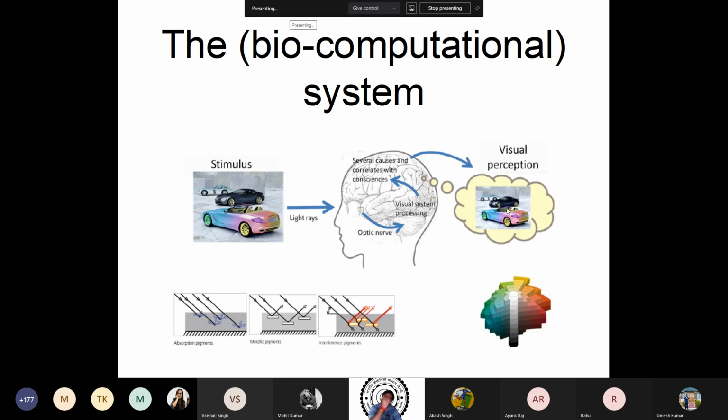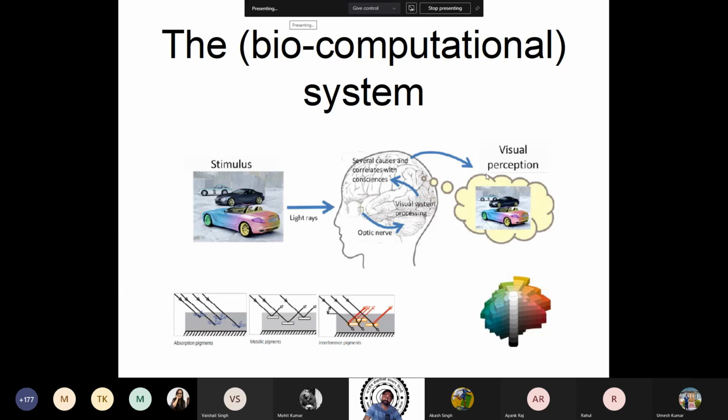So visual perception, it turns out, is a very, very complex process. It's not a simple one, as sometimes people treat it. You will hear people saying, oh, creativity is a very complex process, or stereotyping is a complex process, or purchasing is a complex process, but perception is a simple process. That's wrong. Visual perception turns out to be an extremely complex process, but it's a process that's much better understood and hence much better computationally modeled. And that's why now you have a lot of computer software which is able to do visual processing.